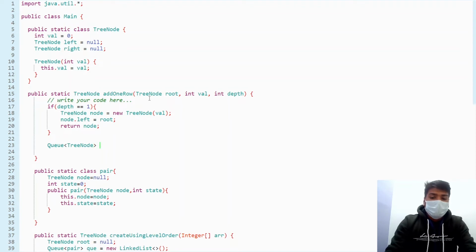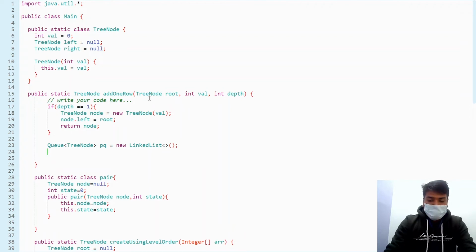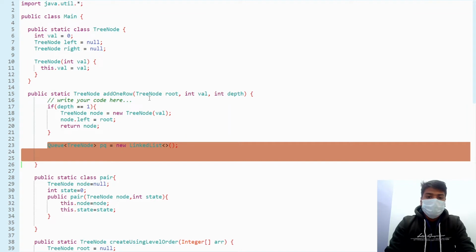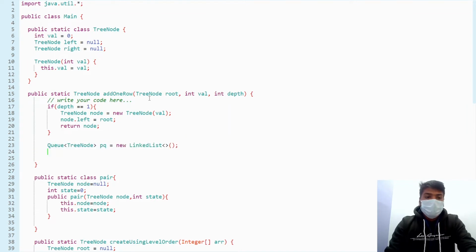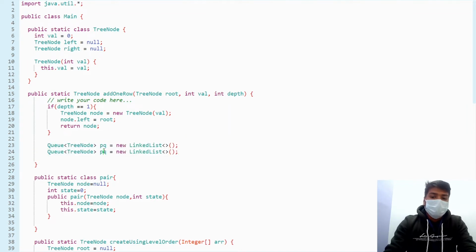pq is equal to new LinkedList. This is what we'll do, and after that, in the same way, make a child queue also, that is cq. So we have 2 queues. Now I'll do the work while